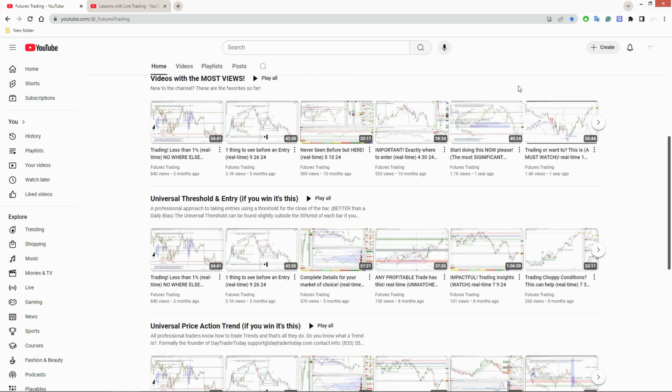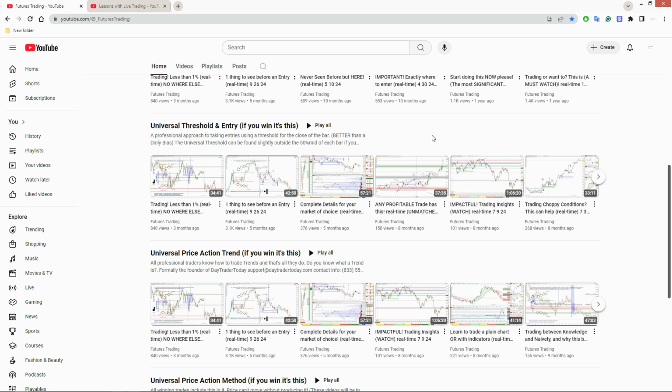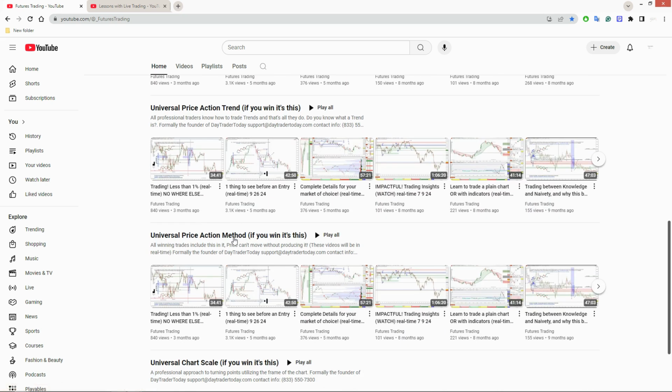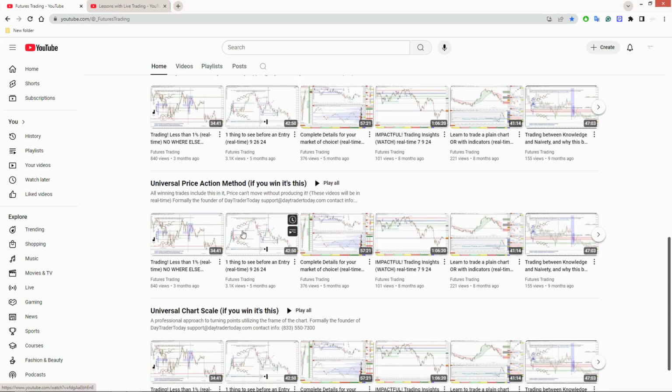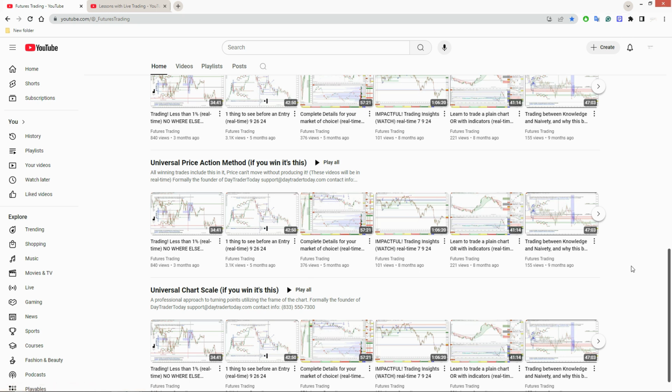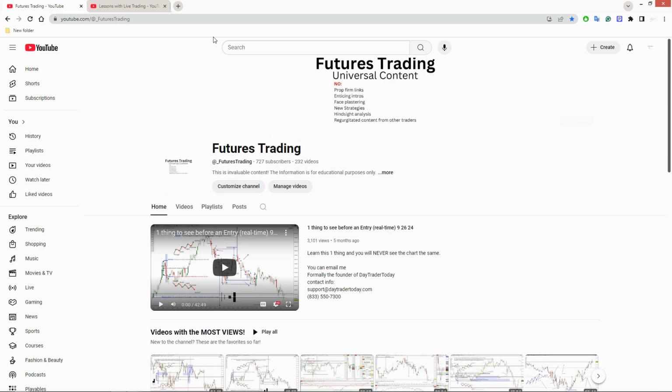All right. So a lot of free information here. You don't need anything beyond what's free. I want to say that to you. Should you want to, I'll show you what that looks like, but you don't need anything else beyond what's here. A universal threshold: this is how far the bar will pull back into the prior bar before it resumes. The price action trend: you just need to be able to count to 10 in order to pull this off. And then, of course, the price action method. I use the majority principle in order to know when to enter a trade and where to put the stop. And then, of course, the chart scale, that hard right edge, your bezel. I teach you how to read that, know where the market can turn right in frame without having to go hindsight. All right, it's really simple stuff.